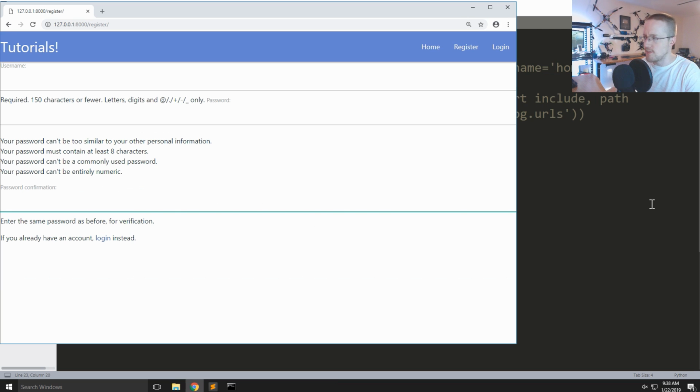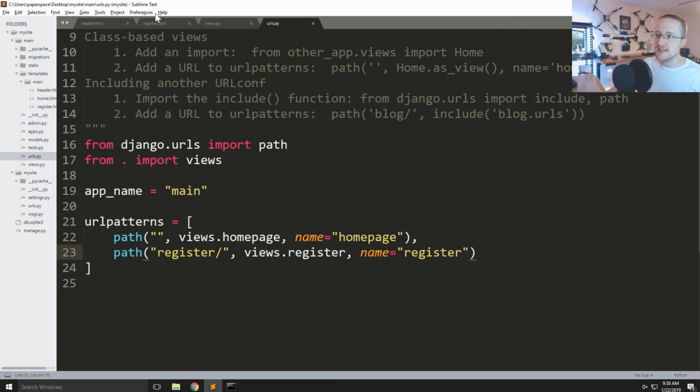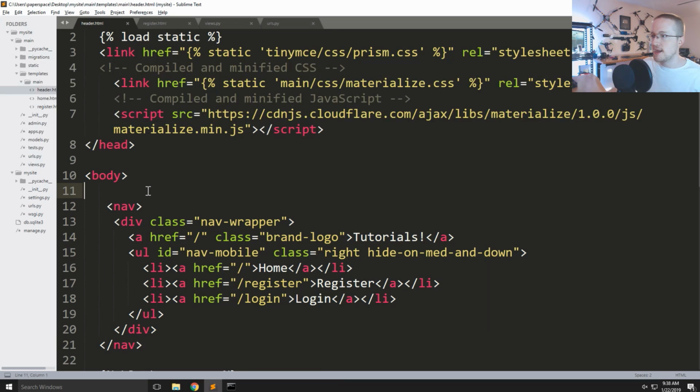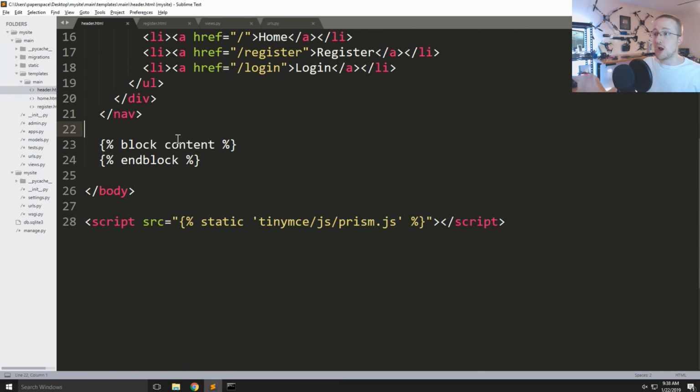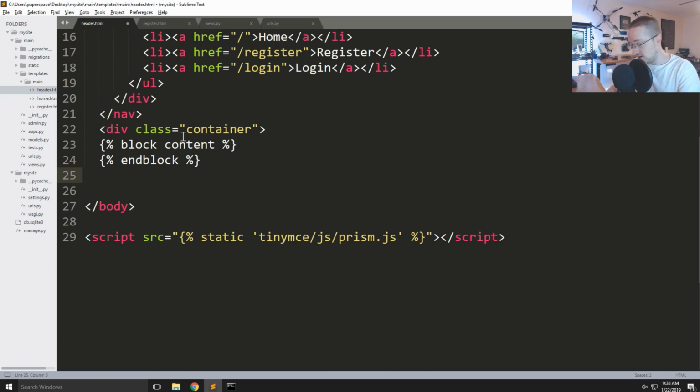I don't want to spend too much time on styling with you guys, except this is a little annoying to me. We're going to fix that. It's going all the way to the edge. Yikes. So what we're going to do is go to the header. So templates, header.html, and for the block content, we're going to encase this in a container. So we're just going to say div class equals container, and then we'll come down here, close that div, tab that over,